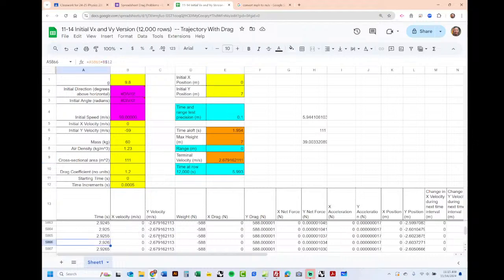In reality, theoretically, you'd never really get there. If I had decreased these time increments, made them really small, the closer you get to terminal velocity, the less acceleration you experience. So you accelerate more slowly the closer you get to it, which means you get to it more slowly. So theoretically,